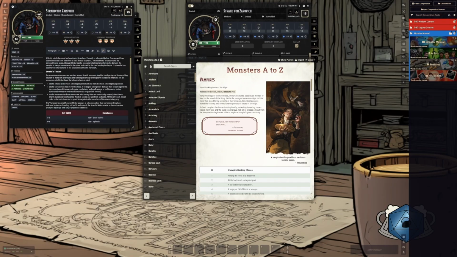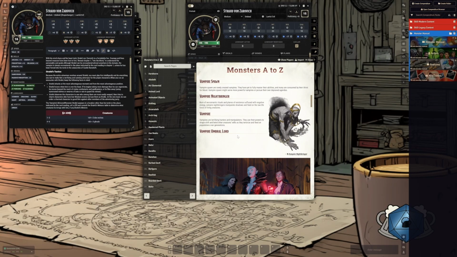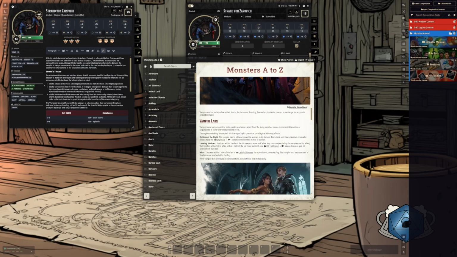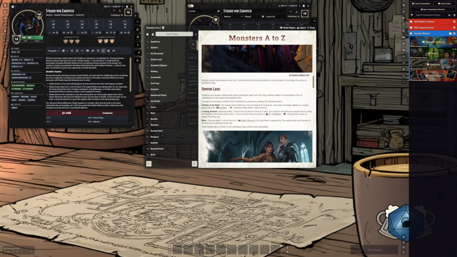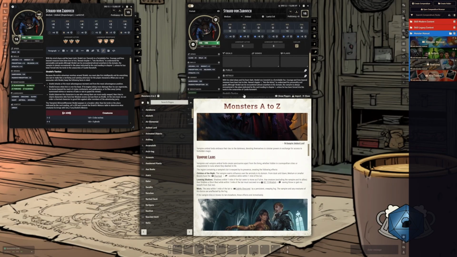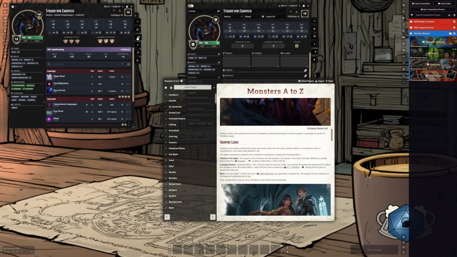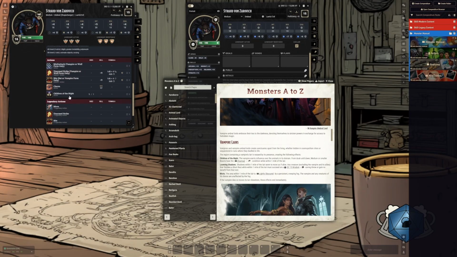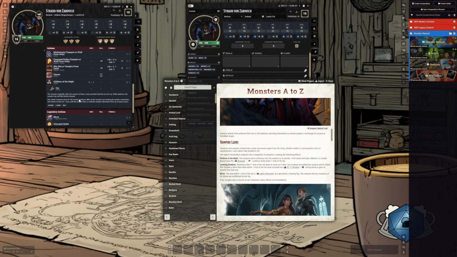I'm going to see some more information on the vampires itself, and we scroll down to vampire lairs. Now you start seeing some of the things come back that you saw in the 5.1 version. One is the Children of the Night. The vampire exerts influence over the animals in its domain from dusk till dawn. Medium or smaller beasts have the charmed condition while within 1 mile of the lair. So if we look at the Children of the Night feature from 2024,